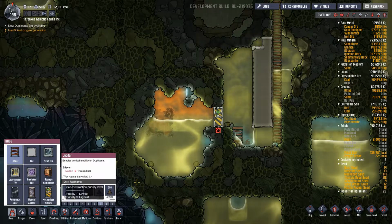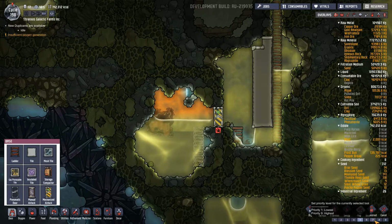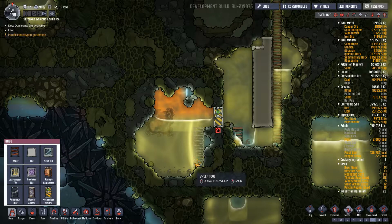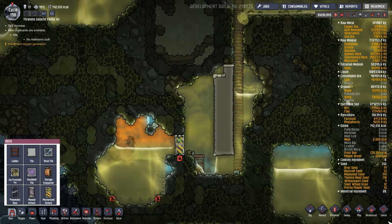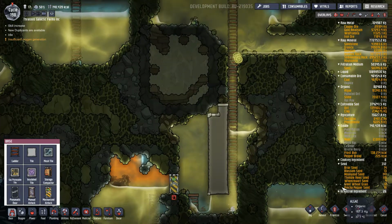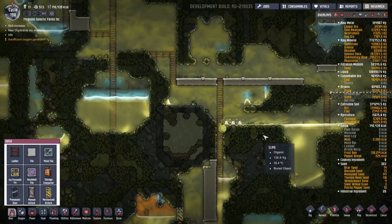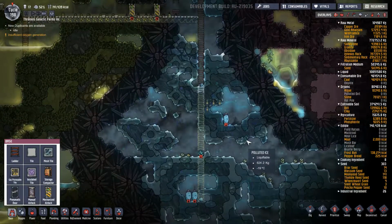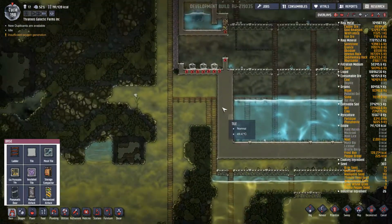Okay, so we're just going to get this place ready. We're not going to be able to do anything with it until we get our CO2 room up and running. And that won't happen right away. Okay, they can't get to that because they have to mop up some of this. So also you can mop up some of that. So many things to mop. Taking back the sleet wheat, that's good. That's very good. We've got Weezeworts now, so let's go ahead and...